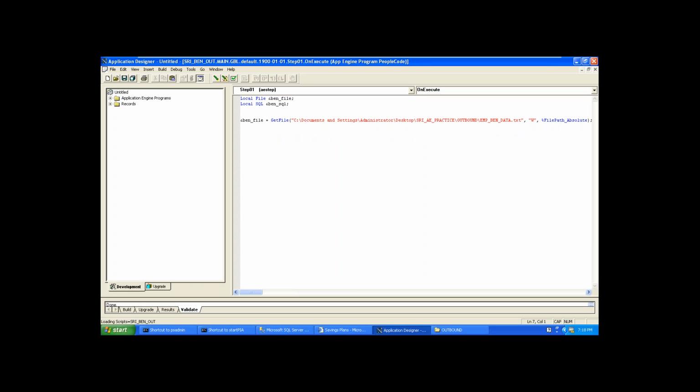In real time, where can we get this file path? We have to contact our functional team, or our PeopleSoft admins, and ask what the file path is for outbound programs. Whenever we are outbounding a file, there are specific file paths available.